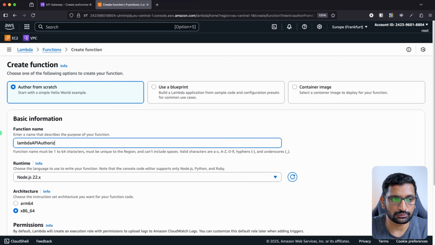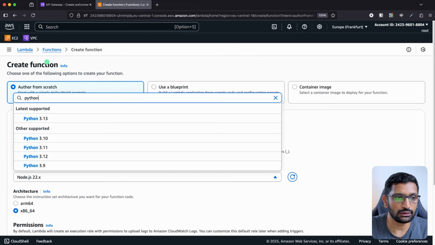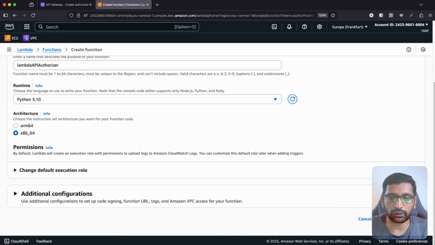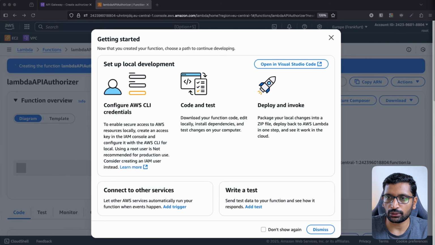API authorizer. From the dropdown, select the version, which is Python 3.10. You can choose any version which you want. After that, if you go further, click on create function. And also we need to update the code over here. I'll show you. Let me copy it from the notepad, and here just dismiss this message which we don't